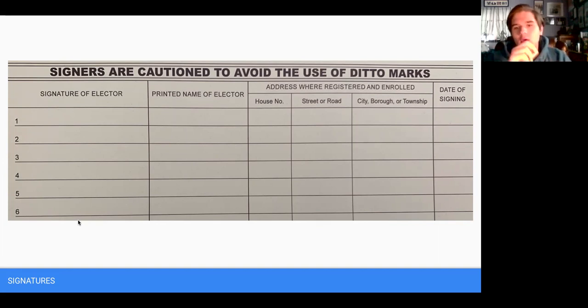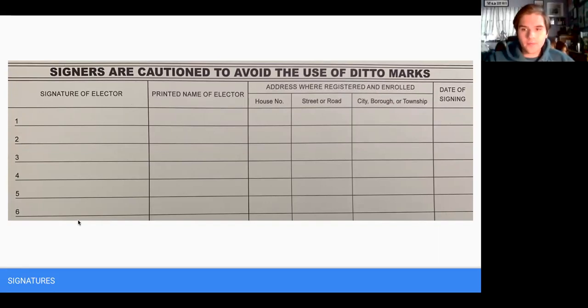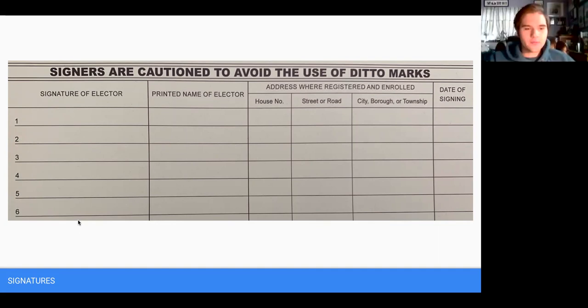I was just gonna say, in the street or road, like I live on Height Avenue, would it be kosher for me to put avenue, or are you not allowed to denote road, street, avenue, etc.? No, you can. Some folks will just write the name of the street or the avenue, but you can certainly use whatever designation it is. If you lived on Forest Court, you could write that in there. It doesn't matter. They're just trying to delineate which section of the petition you're using for each piece of information. All right, thank you. You're welcome.